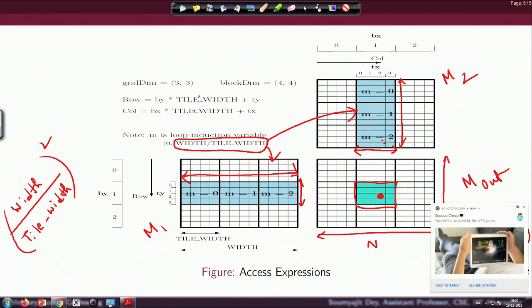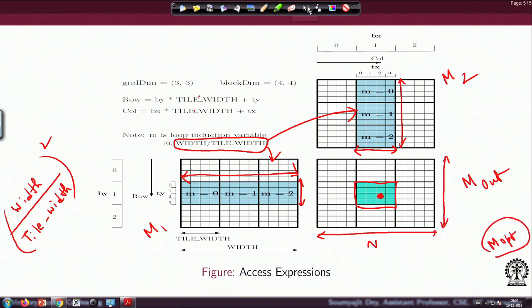So all the threads which are computing for this output tile block, the first thing they have to do is, let's say I set the loop iterator variable m as 0, and I load the tile 1 here and the tile 1 here, and then I do some computation using them. Then I load the next tile from here and the next tile from here, I do some computation using them.